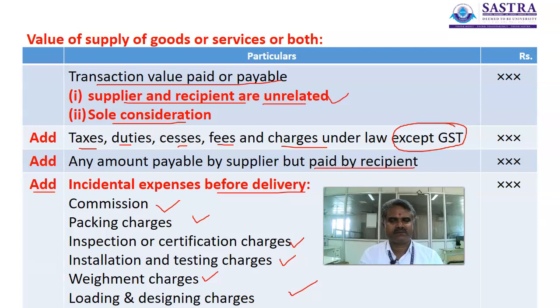You would pay some commission for getting orders, packing charges, then inspection and certification charges. They will come and inspect whether your product is in good condition or not, whether you produced it as per ISI certificate. You have to get the Indian Standard Institute, ISI,